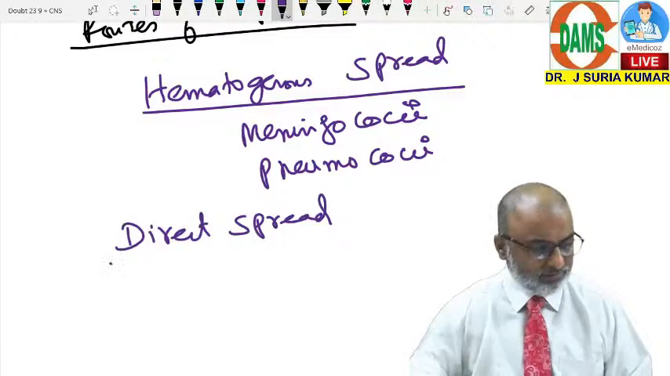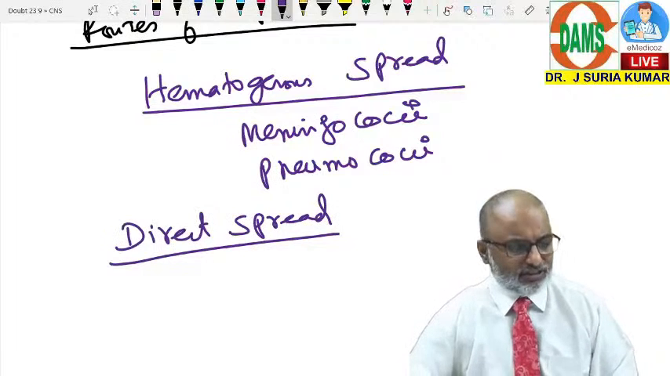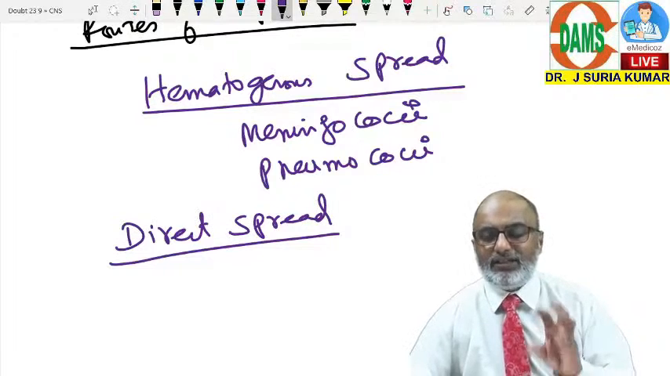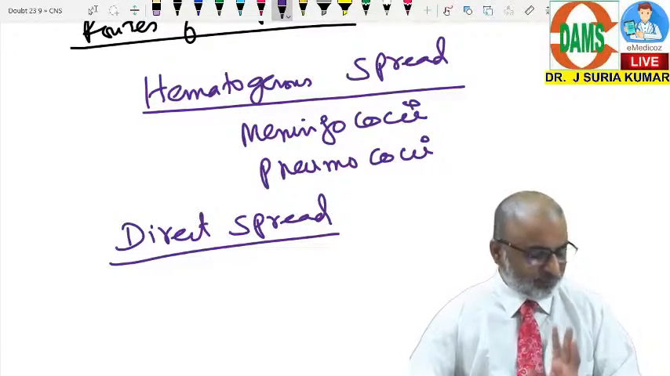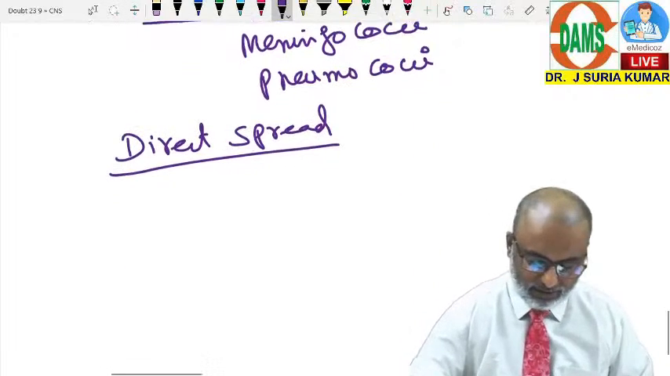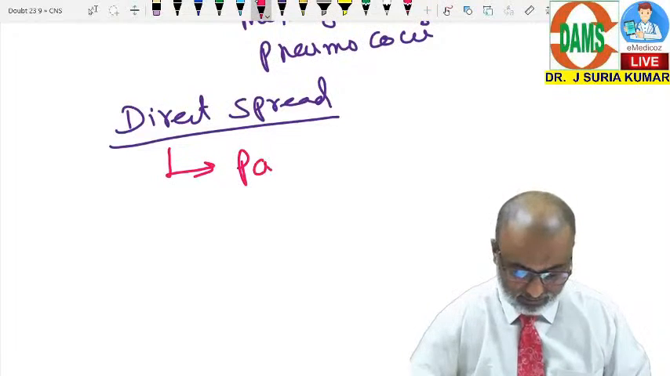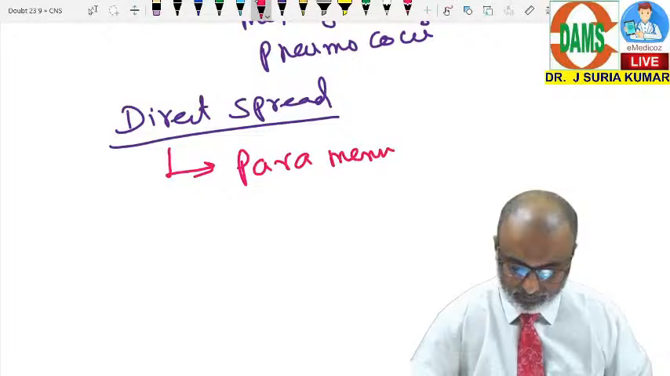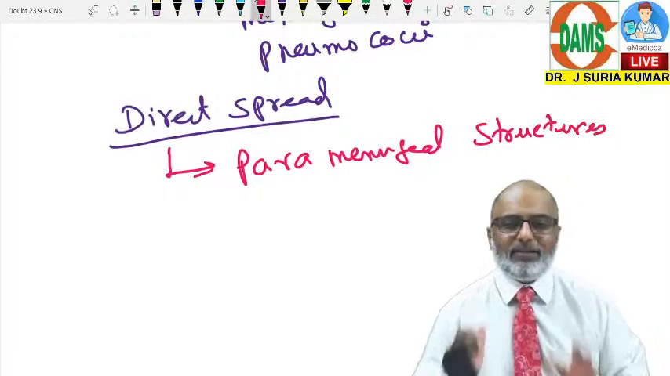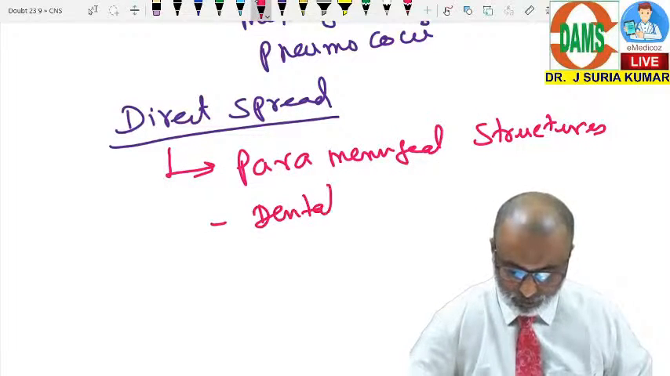So what is it? The focus is near the brain: parameningeal structures like sinuses, otitis media, dental caries, those kinds of conditions. The real focus is somewhere nearby, and they will spread and go directly. For example, infections from parameningeal structures like dental caries, tooth,